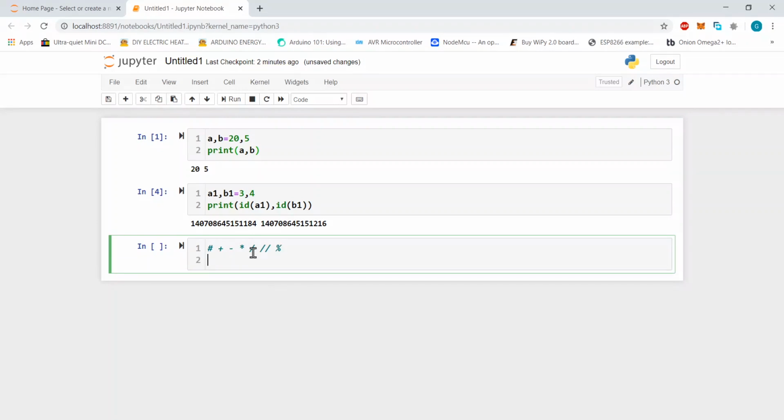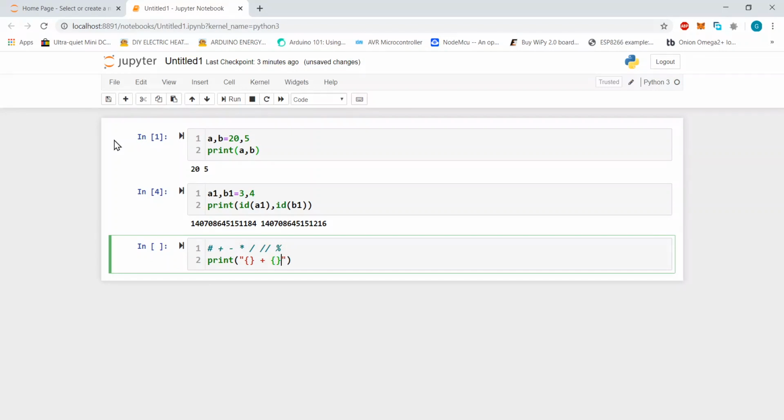Let's see them one by one and how they are used. First, we will directly print the result, so we don't store the answer in a third variable. If you wish to store it in a third variable you can, otherwise you can use it directly. Here we will go with the first operator, that is addition.